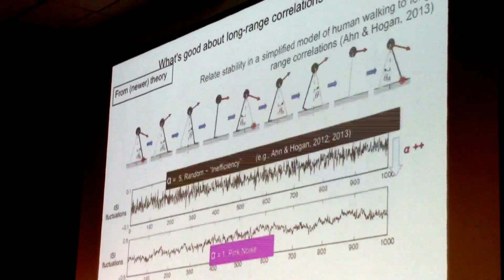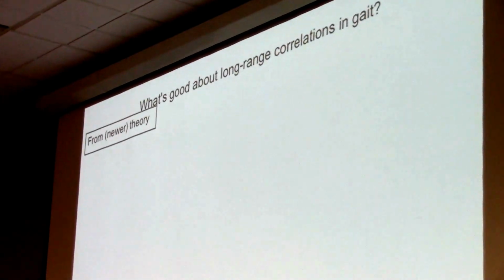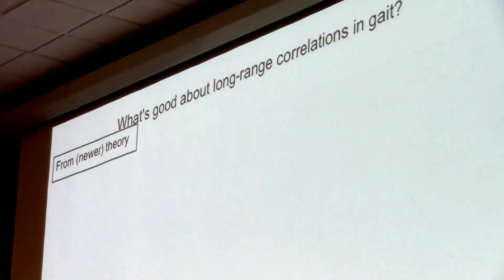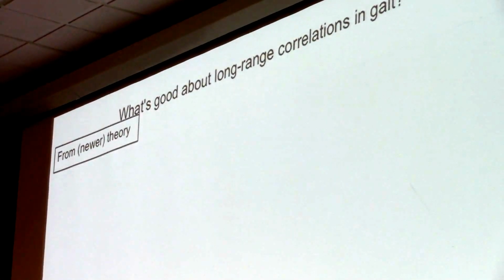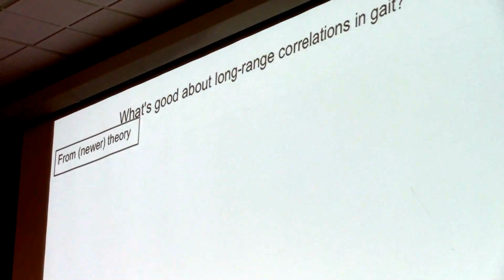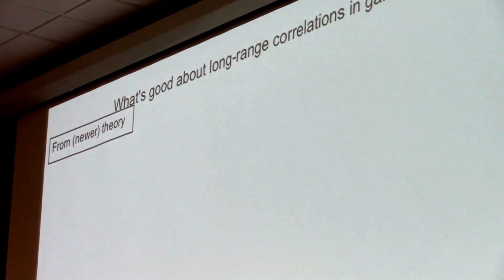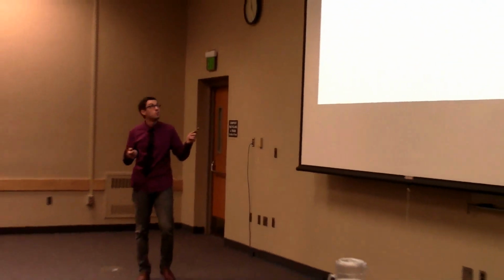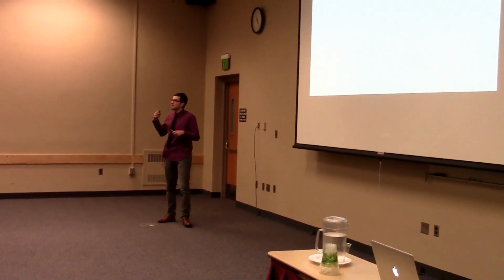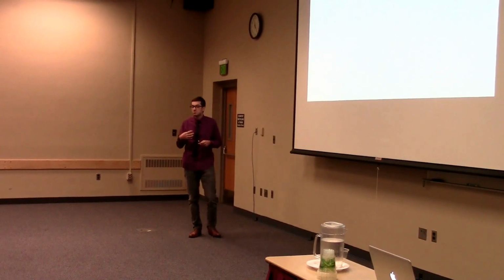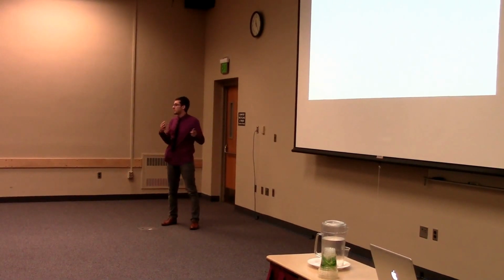Next, again trying to come from theory: we have seen that gait interstride intervals tend to be long-range correlated in the healthy. So you exhibit persistence. And you might ask, why is that good? I would not say that it's always good. Some people tend to assume that 1 over f, pink noise, long-range correlation, which are the same thing, is always a good thing.